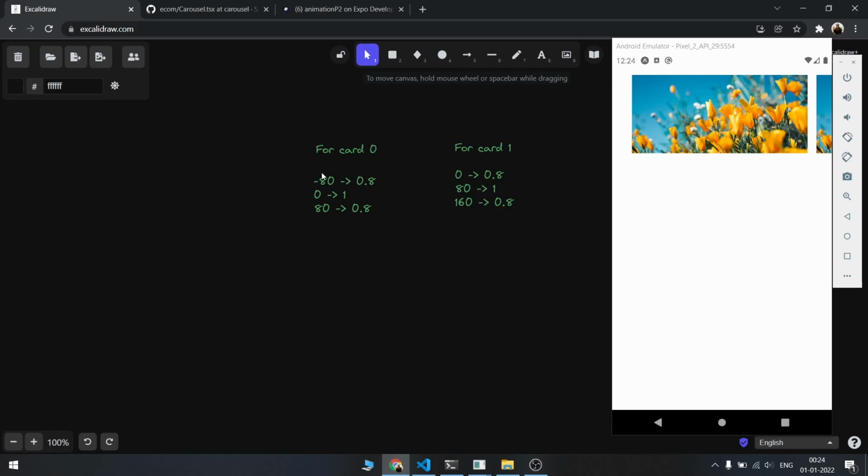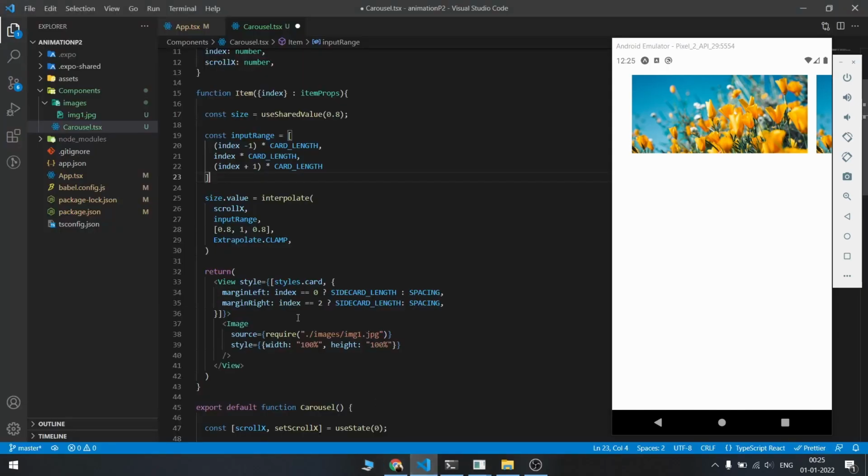That means if our card's scroll property is -80, then the height of the card will be 0.8. But our card will never go into negative scroll because the lower bound on the scrollX property is 0.